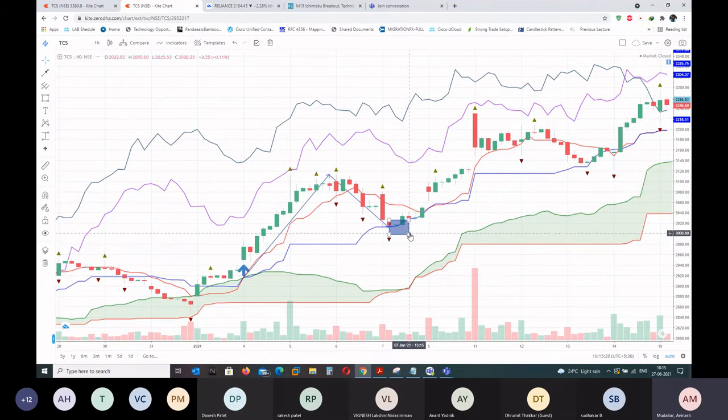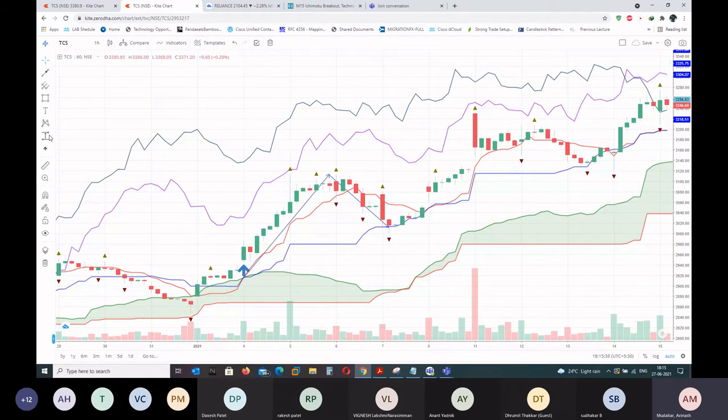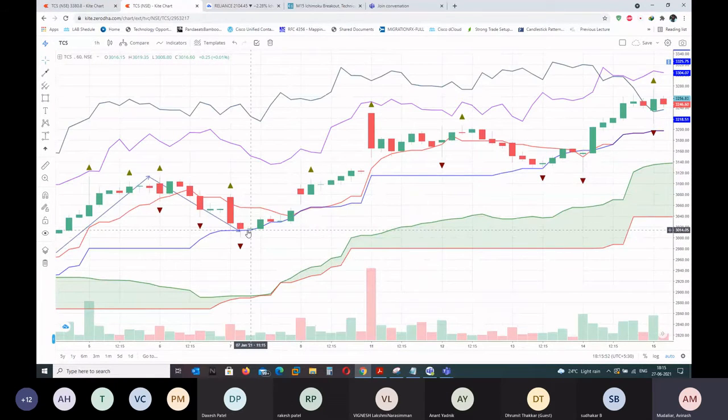That's one point. And the second thing is, you might have missed this trade, right? So let's say you missed this trade. Then what's the second point of entry? For this to happen, you need to have at least 8 to 9 candles of continuous movement on the upside. Here we have 9 candles. Once that happens, you simply blindly buy at the KS level.